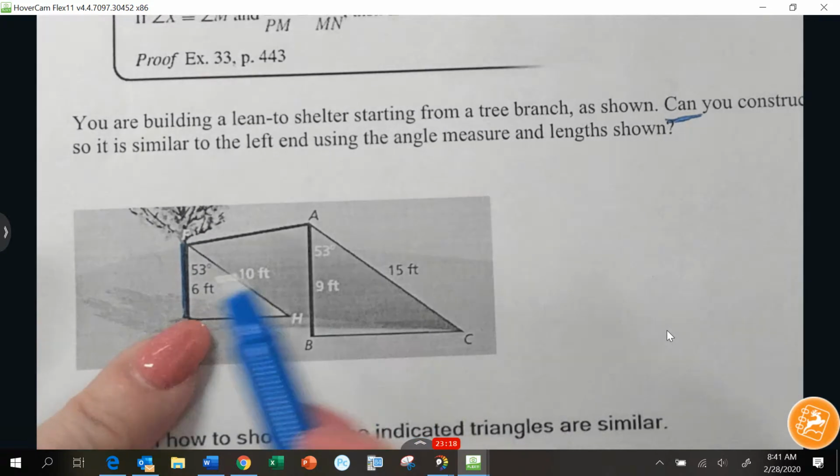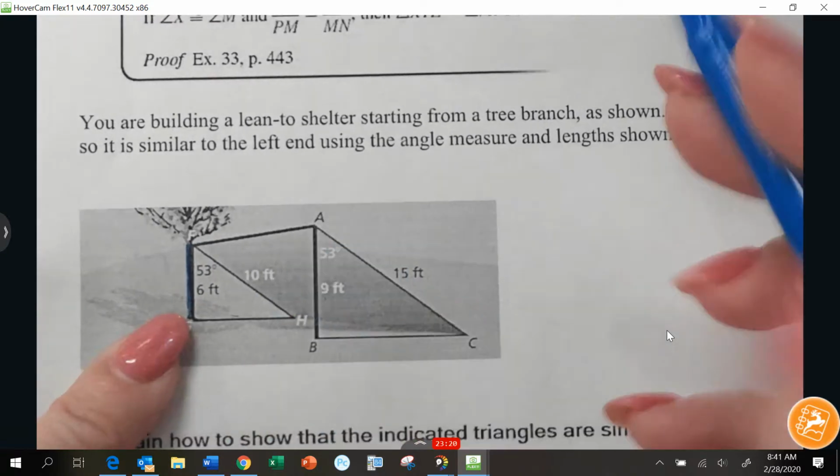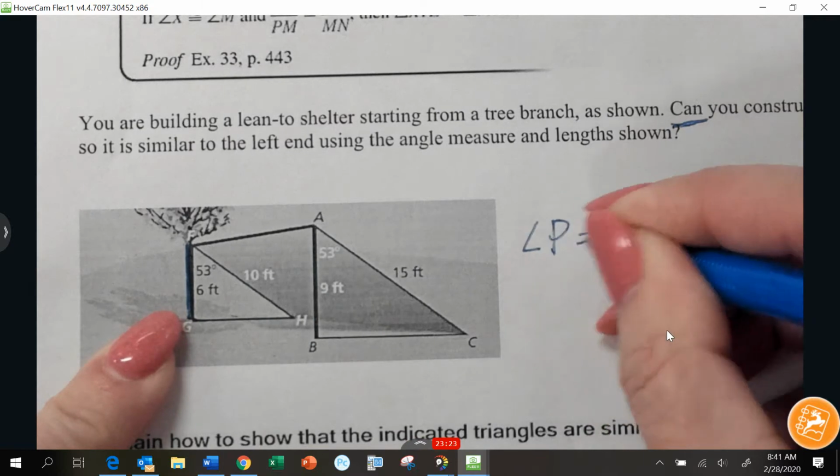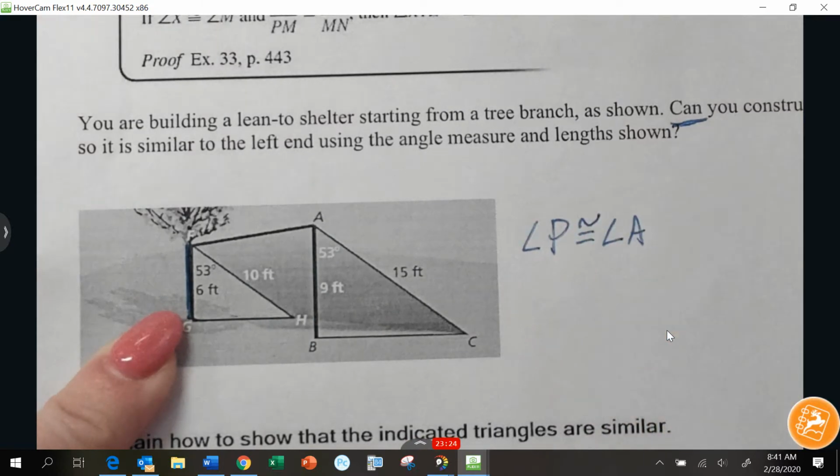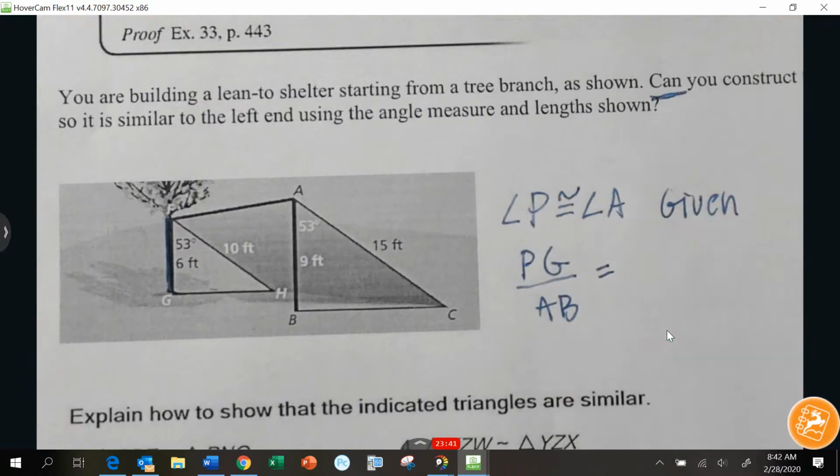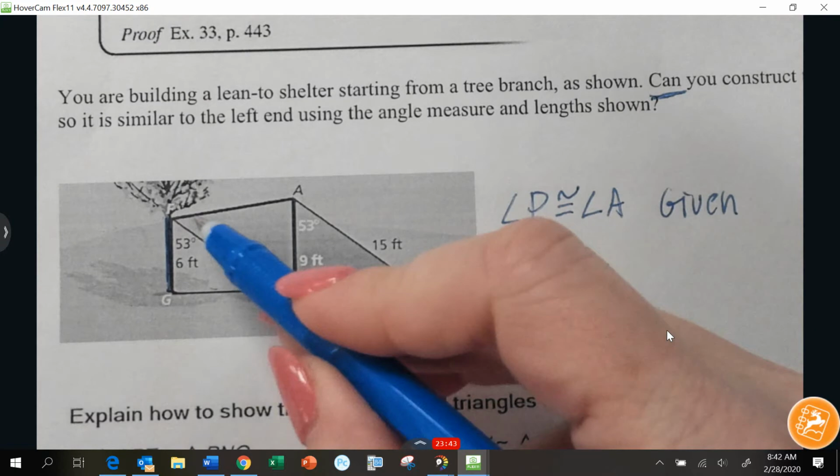So first of all, are the angles congruent? Why? Because they're both 53. Proportional with side. Oh, that's not either. It's